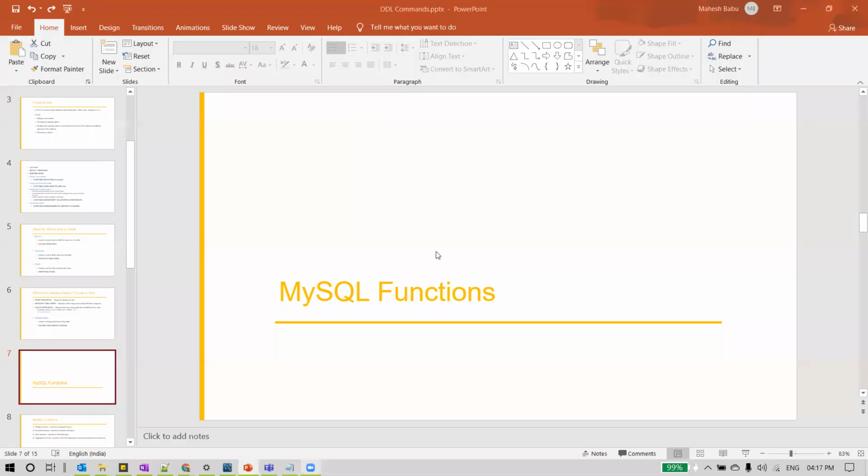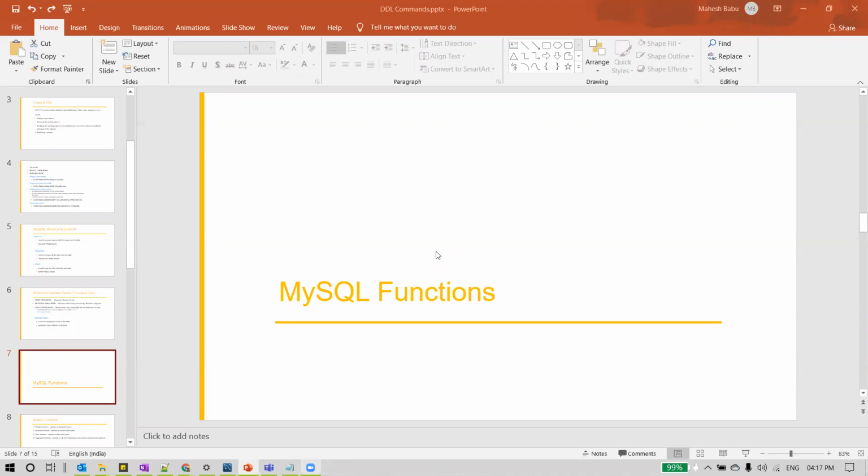So what are functions? We have some functions written inside MySQL, and we call those built-in functions. We can use these MySQL functions and apply them on our data, on our table columns.